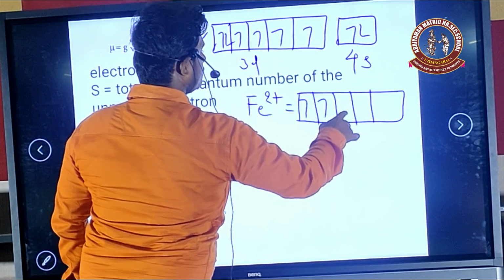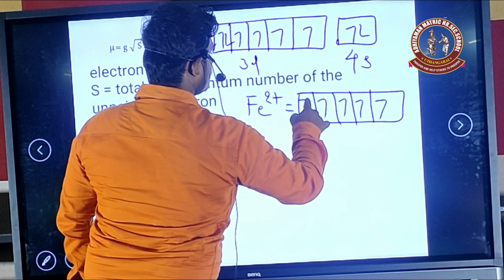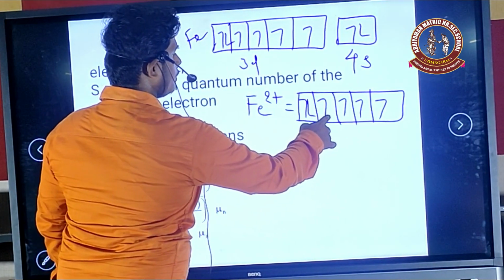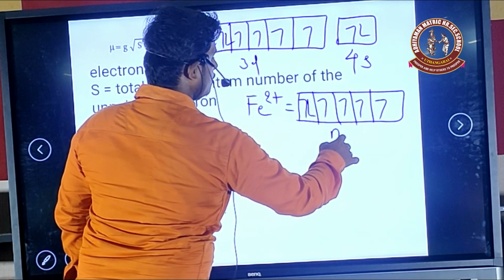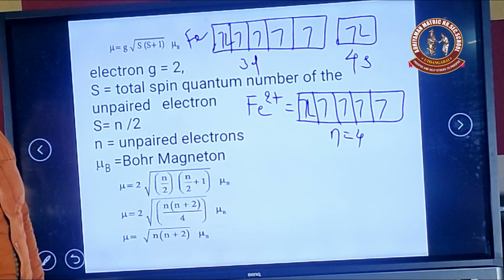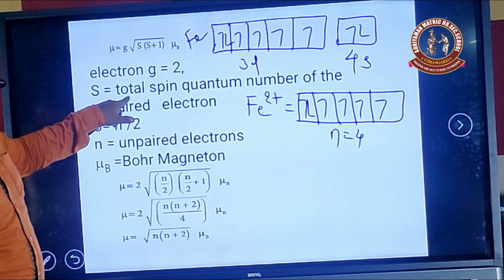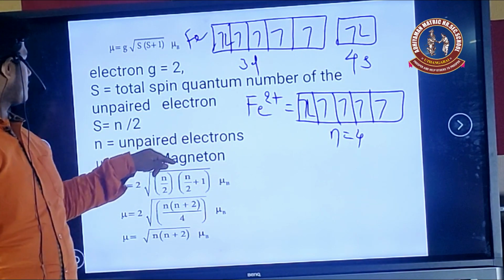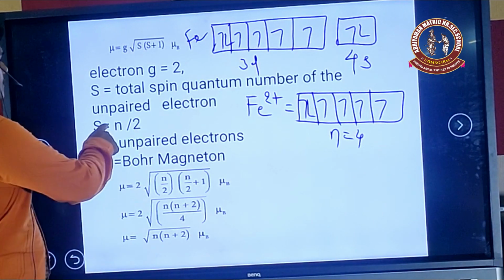Fe2+: the 2 electrons are lost to form the ion. 1, 2, 3, 4, 5, 6. So here 1, 2, 3, 4, n equal to 4. It is called unpaired electron. 4 unpaired electrons are present. So S equals the total number of quantum numbers of the unpaired electrons. So S equals n by 2. This n